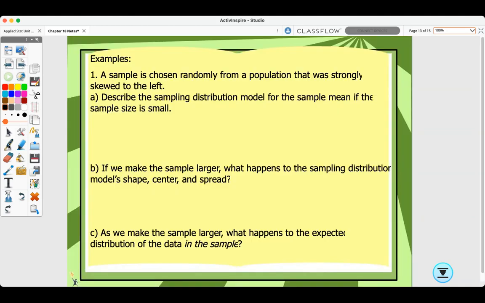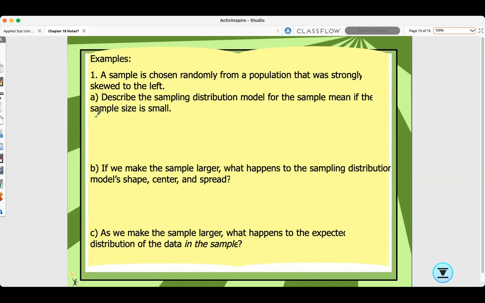Let's look at this example here. A sample is chosen randomly from a population that was strongly skewed left. Describe the sampling distribution model for the sample mean if the sample size is small. So take a minute and think about that. Hopefully you'd say something like the sampling distribution model will be skewed to the left, like the population. The mean of the model would be equal to the population mean. The standard deviation would be equal to the population standard deviation, but divided by the square root of n. So you would say something like